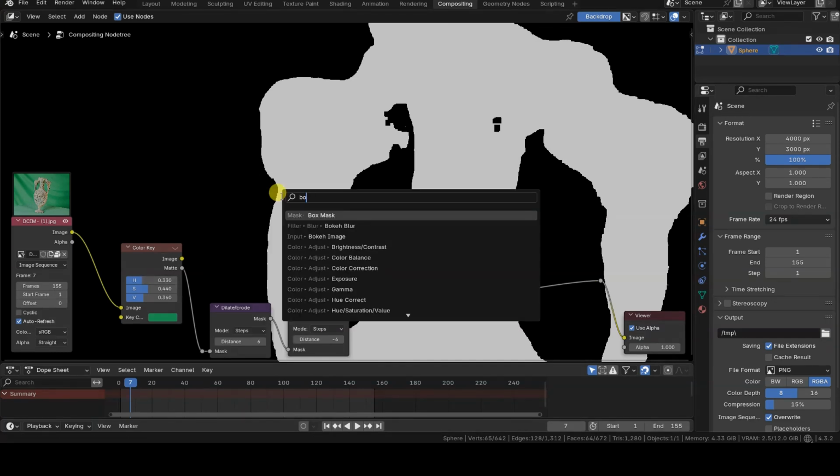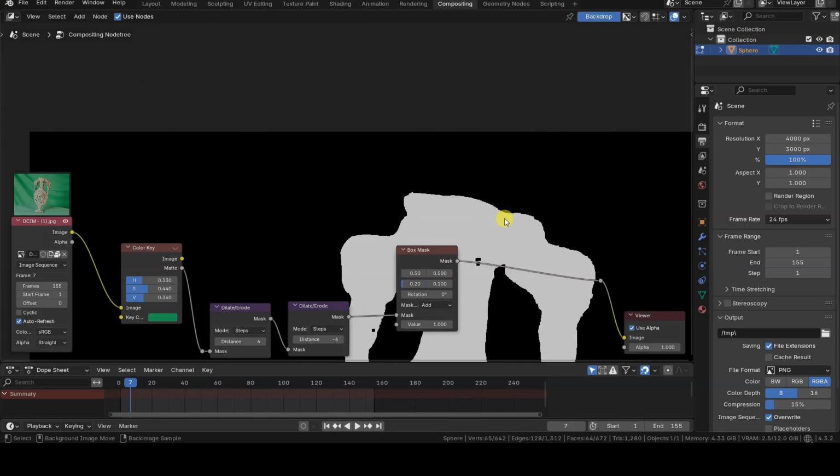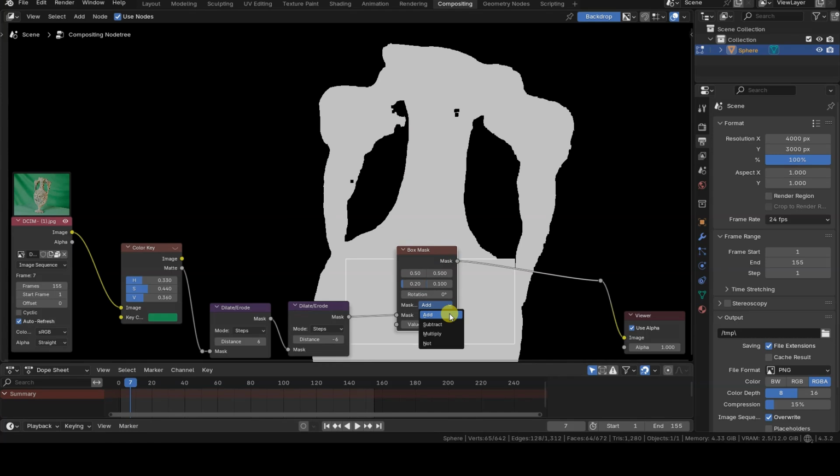The matte can also be refined in many other ways. For example, you can use box mask nodes in Add mode to make other black spots inside the shape turn white. Since it's not advisable to overexpand the Dilate Erode mask, for the reasons we've discussed, this could be a good way to keep the distance values low on both Dilate Erode nodes while still removing the most obvious imperfections.